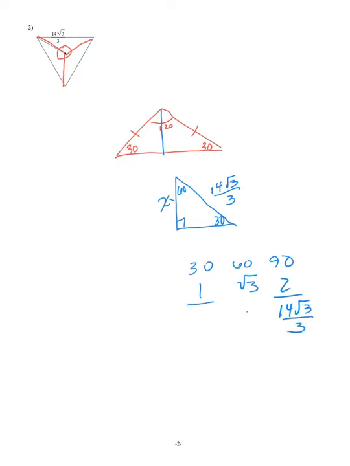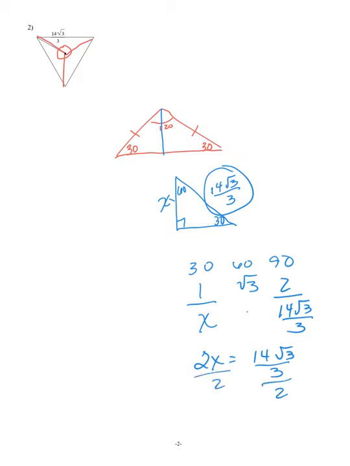And then the x would go under the 30. But do you see why the 14 root 3 over 3 goes under the 90? You can also cut that in half and put it here, which would be 7 root 3 over 3, but it doesn't matter. So now we have 2x equals 14 root 3 over 3. And when we divide that by 2,